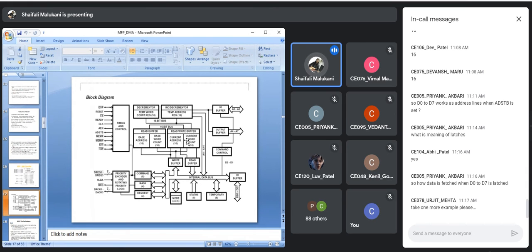What is current address register, current count register, base count register? These are the temporary registers. But what are these 1, 2, 3, 4, 5? All these things, this mask, command, request, everything that we have to learn now. What is the meaning of all of them? That we will learn now.